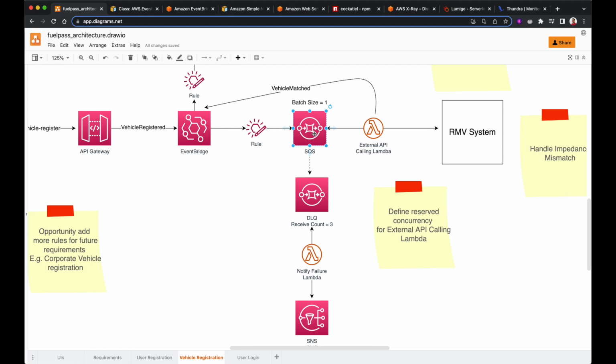Now we can define a DL queue or dead letter queue to our SQS queue. So dead letter queue is nothing but another SQS queue which we can attach to the original SQS queue. So in this configuration, we can say if a message is being received this many times, then send it to a DL queue. Now here I have set the receive count, or how many times this message has returned to the queue, to 3, and if the return count of this message is 3, then it will be added to